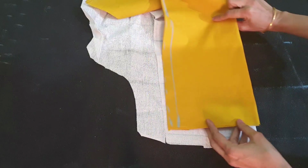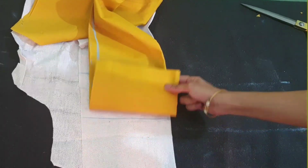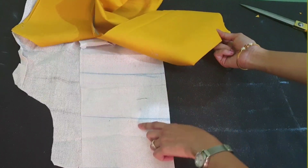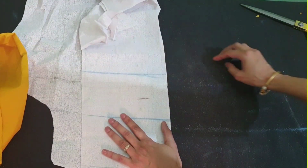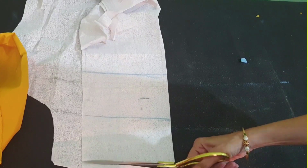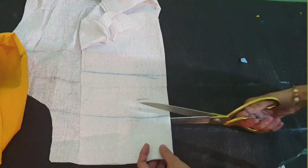To make this elegant design, you need simple bukram, and this bukram should be as wide as the bottom of your pants. And the length is about 4.5 inch, and you need two pieces because you have two legs of your pants, right? So cut the two pieces, and it is good if you have that sticky interface, but